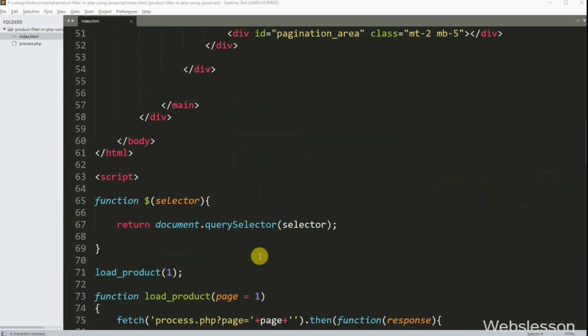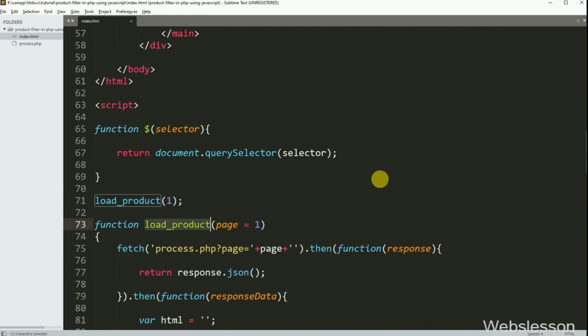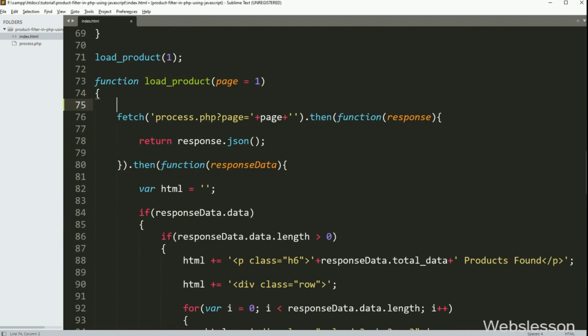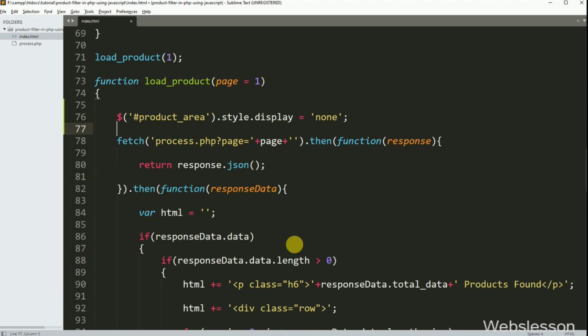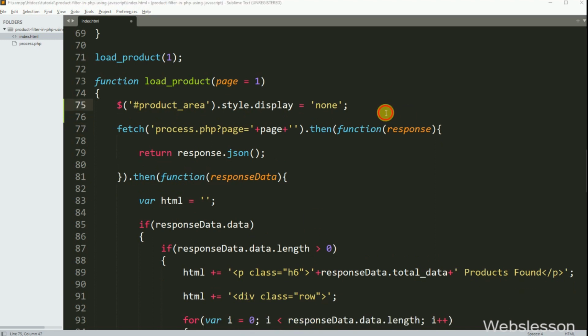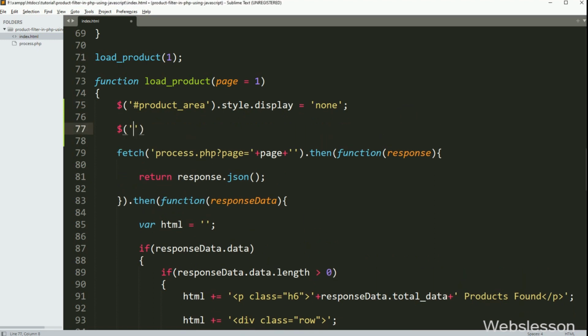Now we have gone to the load product function, and under this function, here we have written a $function with division tag id product area with style.display equal to none. So when the page loads, it will hide the product area division tag. After this, we have written a $function with division tag id skeleton area .style.display property equal to block, so it will display this skeleton area.